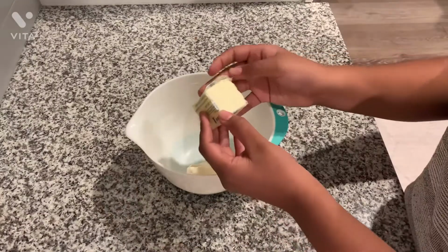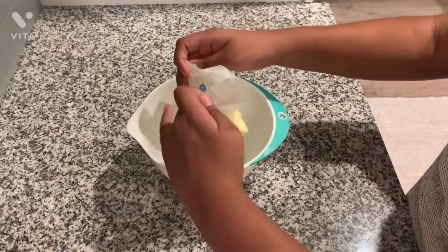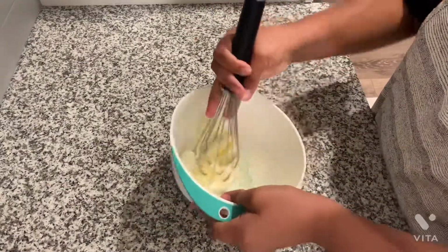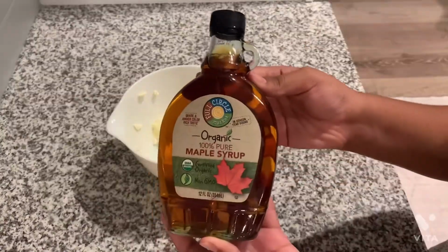And now it's time to make the glaze. So I'm going to add my cream cheese and my butter. Both of them are going to be soft. And just to make it a little bit easier later, I'm going to use my whisk to mash it up a little bit. Now I'm going to add my vanilla extract and my heavy whipping cream, along with my maple